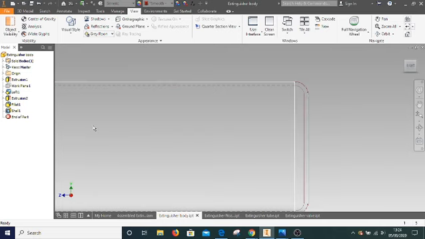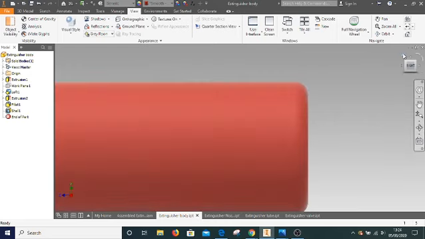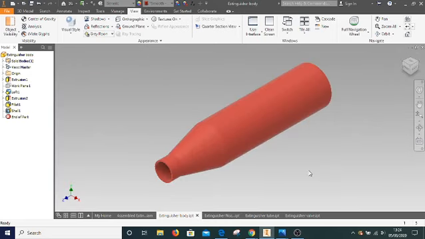Take it back to my shaded view and hit home. And there is my finished bottle. So hopefully that's made sense. Extrusion, followed by a loft, followed by an extrusion, followed by a fillet, and finally a shell with the removal of only one end to give me the opening in the bottom. Let's move on to